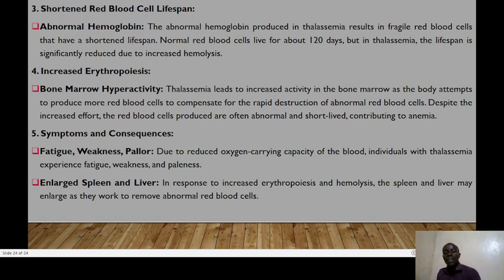So those are the different types of anemia that can be discussed here. Remember, we have been able to describe them into microcytic, macrocytic, and normocytic. Okay, so the normal range for MCV that is used to classify is between 80 to 100